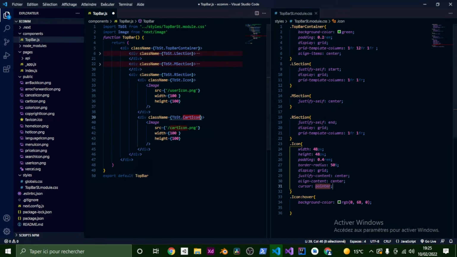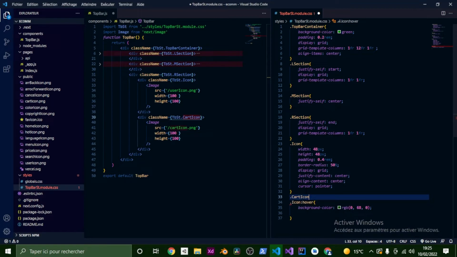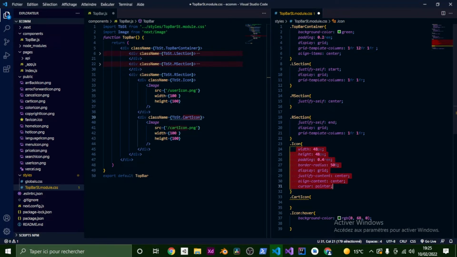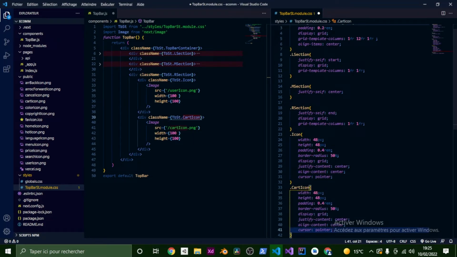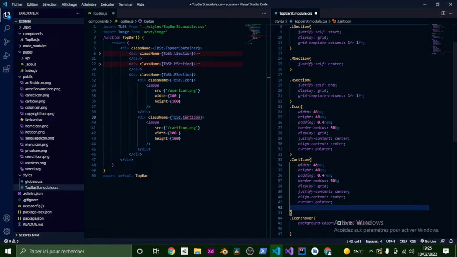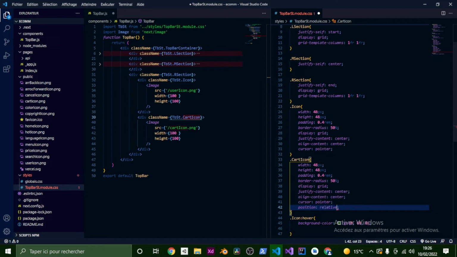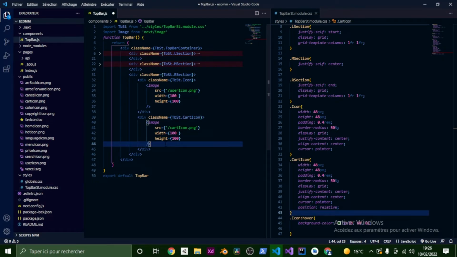I'm going to Control C that cart icon and copy the name, Control V in here, brackets. I'm going to literally get everything in the icon, Control C, and put it in that cart icon. Add one thing, which is a position of relative. Okay, I'll save. See, nothing changes. But now inside that div, under that image,